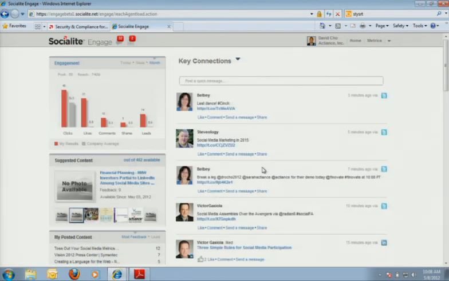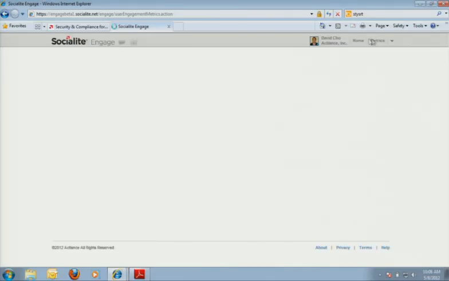Now, all of the content and all of the activities that David's been undertaking can be controlled and archived for regulatory reasons. And on Facebook, LinkedIn, and Twitter, there are 211 features that you can archive and control access to. But let's take a look at the results that users get.